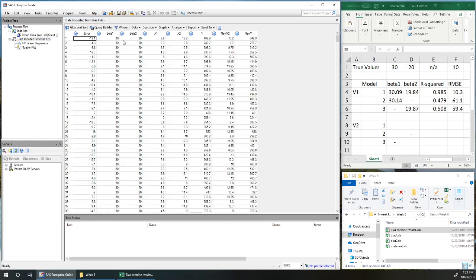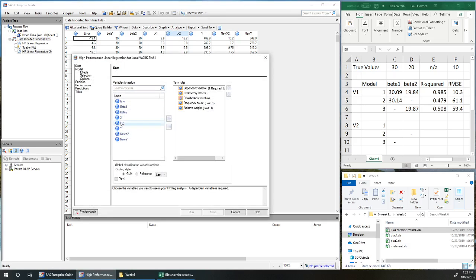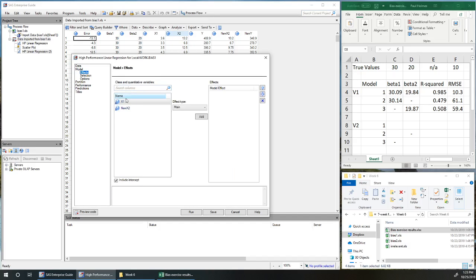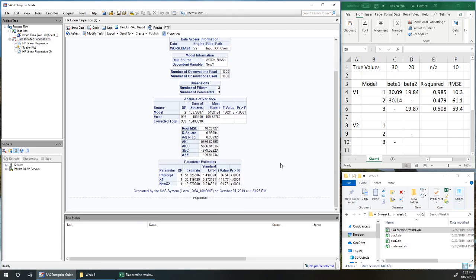Okay, so let's do our regression here, analyze regression, HP linear regression, again for speed. New y is our dependent variable, x1 and new x2 are explanatory variables, effects, add in both x1 and x2, add and run. We should get another really good model to start off with, because we know that we do have the true model for x1 and new x2